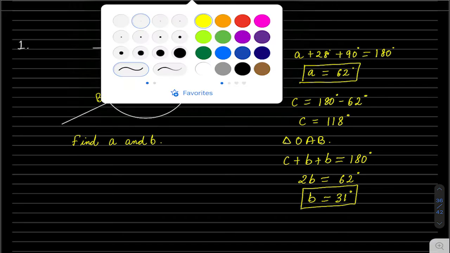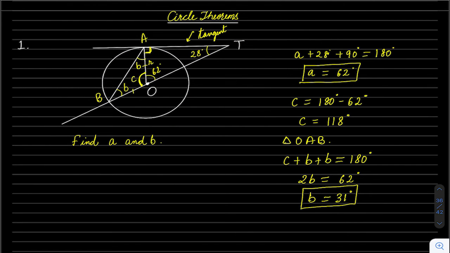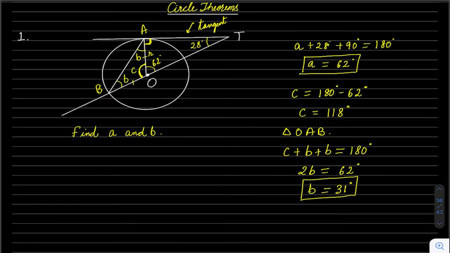Now, this is one way to do this. Now there is another way also. I mean, let me tell you this because I don't know how many students know this. So let me tell you one more thing which is useful in a lot of cases. So let me take a diagram. Let's say this is triangle ABC. So this is my external angle. And this is, let's say this is A, this is B. Let's take this angle as C. And let's take this angle as D. And let's take this angle as B.